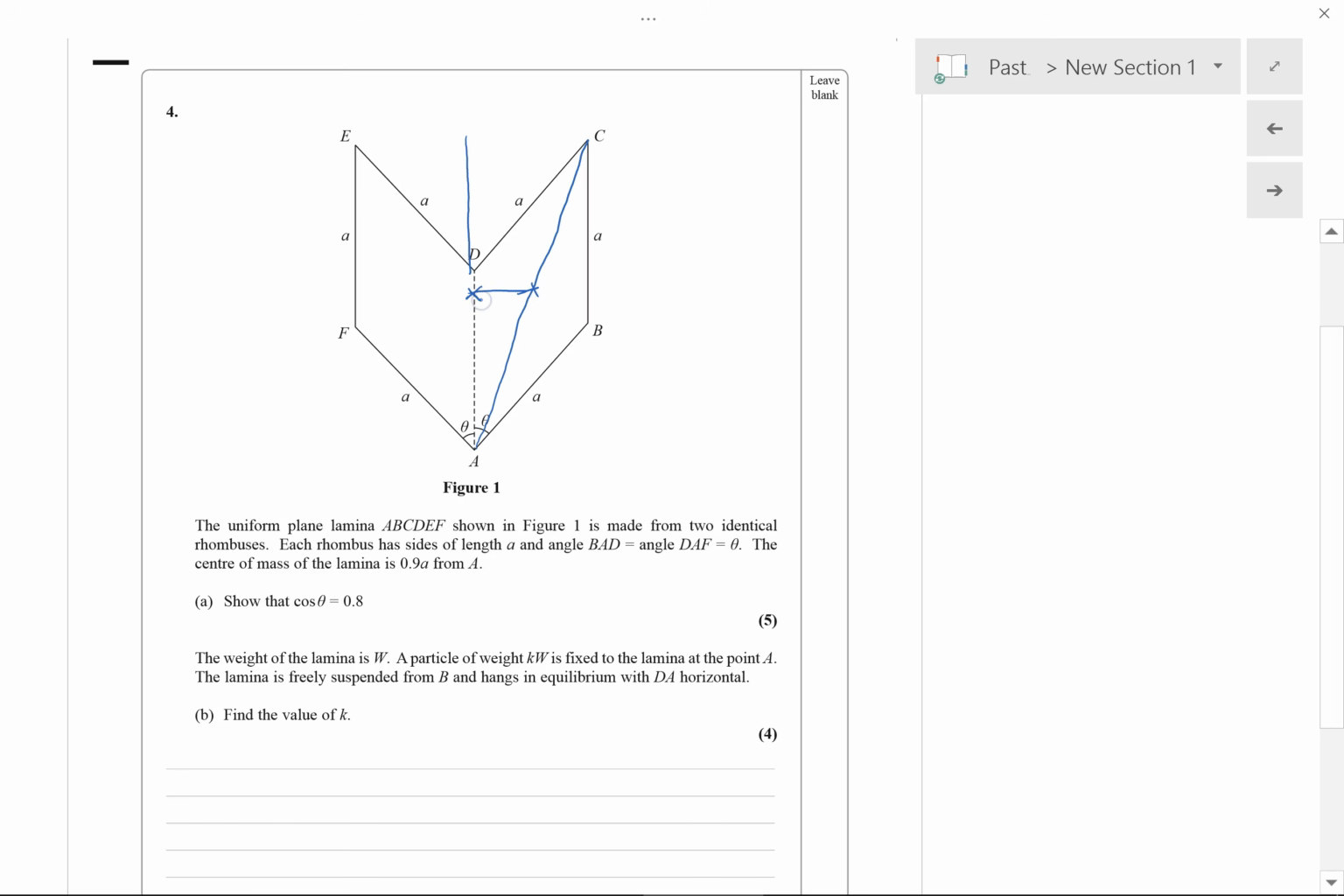So the centre of mass would be there, halfway up the rhombus along the diagonal, produced across to the line of symmetry between the two, because of course we've got the same thing going on the other side there. So the centre of mass is there. Now, if we look at this triangle here,